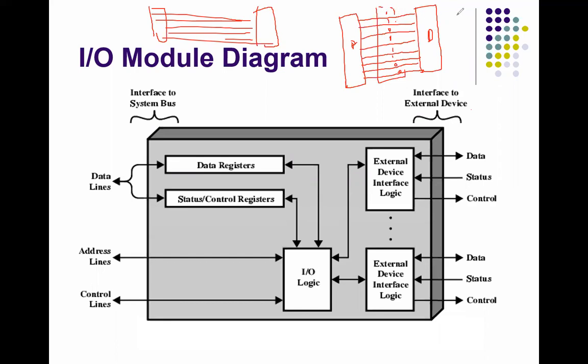At a time, 8 bits are transmitted because 8 separate connections are there. And by looking, you can easily understand it is a parallel data transmission. Serial data transmission means, for example, this is one peripheral, this is another peripheral, and in serial data transmission, one after another, bits are transmitted between one device and another device. This is serial data transmission.